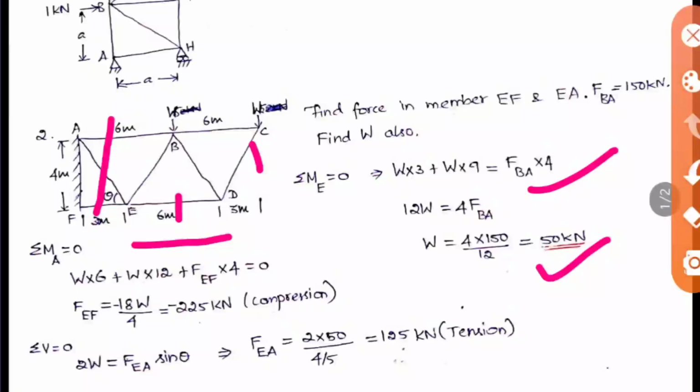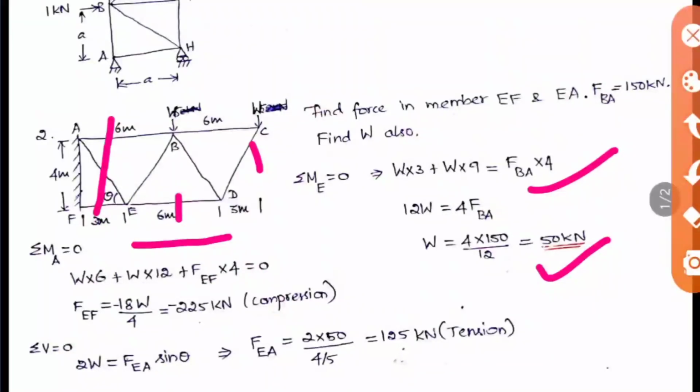So you may think, why have I left the other members like that? In this problem, I have cut a section and I am considering the right side of that truss only. When you take the right side of the truss and the section where we are cutting, you see here there is FE and EA, two members. But these two members won't produce a moment here because they actually start from the joint. The members which start from the joint where we are taking moment equal to 0 should not be added there. So obviously only this and this member will be coming. So the answer is 50 kilonewton.